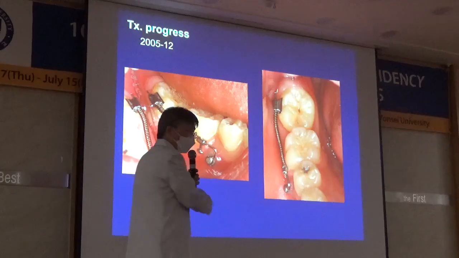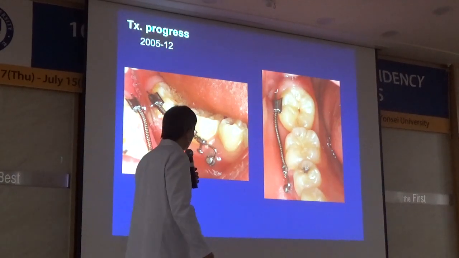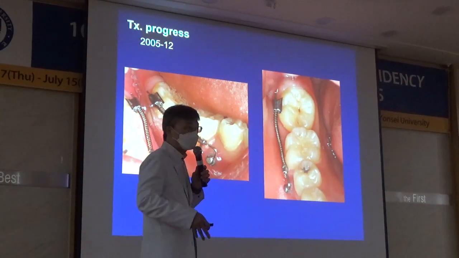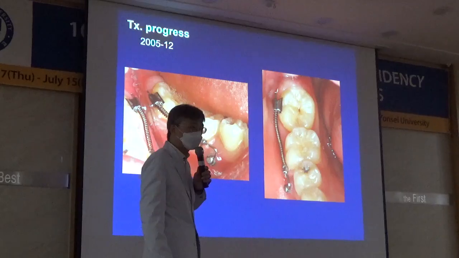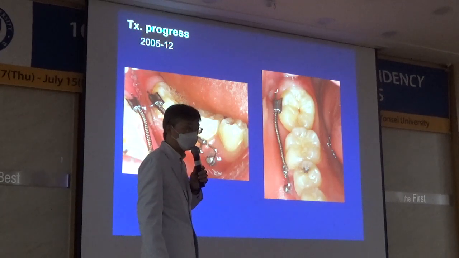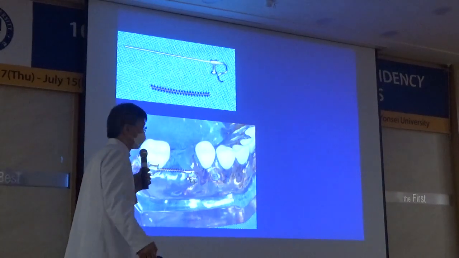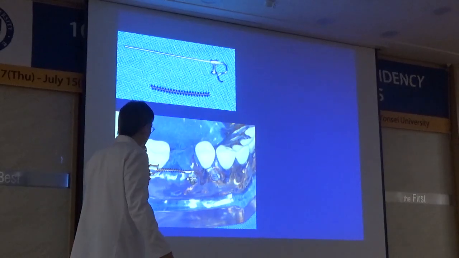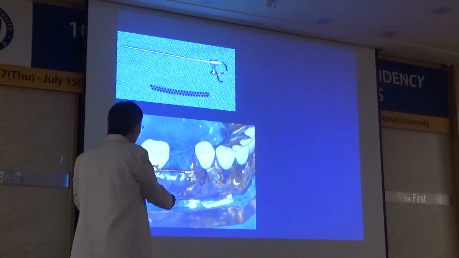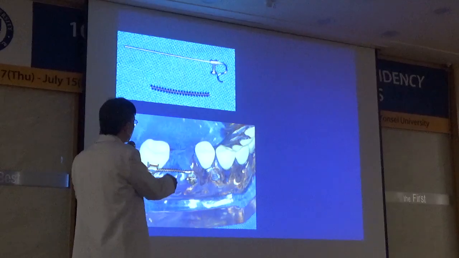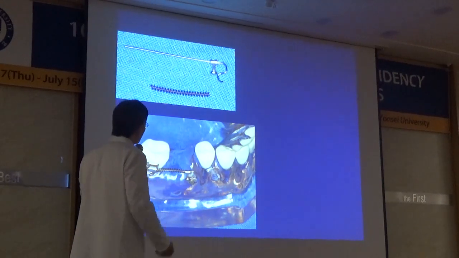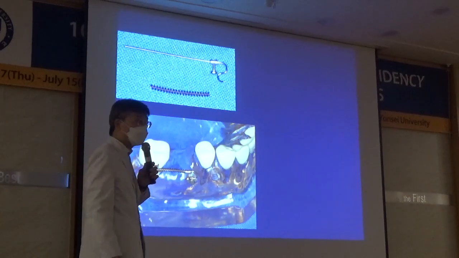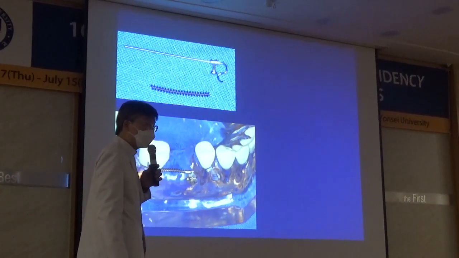So you design this kind of uprighting spring. I just named it because I created this: mini-screw assisted push spring, MAPS, M-A-P-S. This is the way it's fabricated on the chair side: insertion, and bending the 016 stainless steel wire, pinching a crimpable hook, and then an open coil spring. The whole setup will take you only 10 minutes.